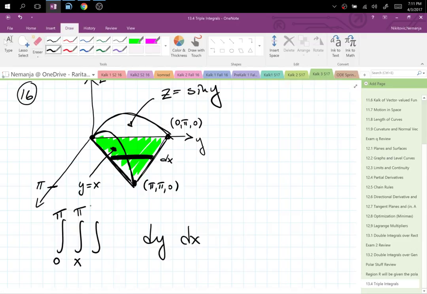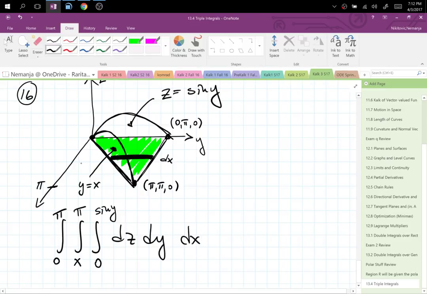And now I have the green bottom of the object, which lays flat on the xy plane, so it's the z equals 0 plane, and the top z equals sine y is given to us. You said for that center integral is 0 to pi, 0 to x? No, it is x to pi, because